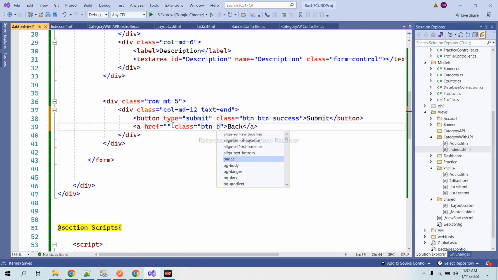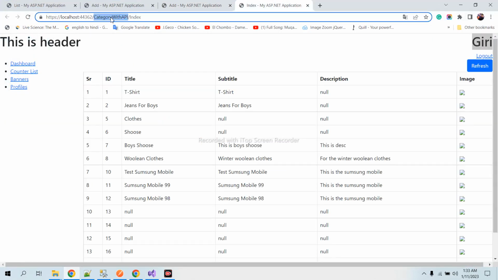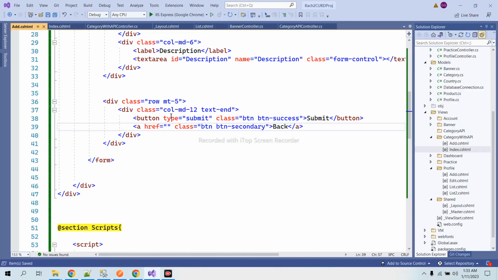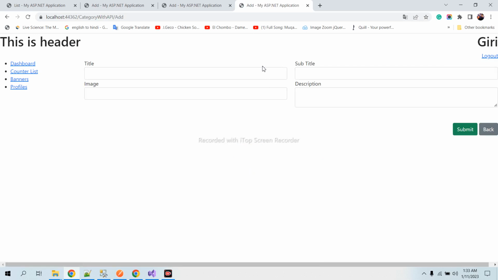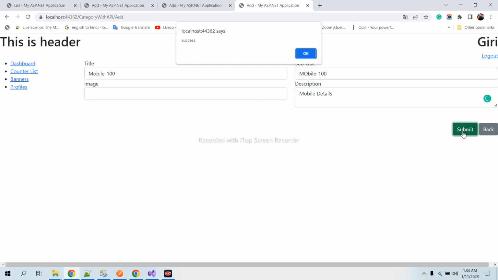Class btn secondary, and we already know the path. Now when I click Add, I will enter mobile 100, mobile 100, mobile details. When I click on the submit button, you can see that success has been called,